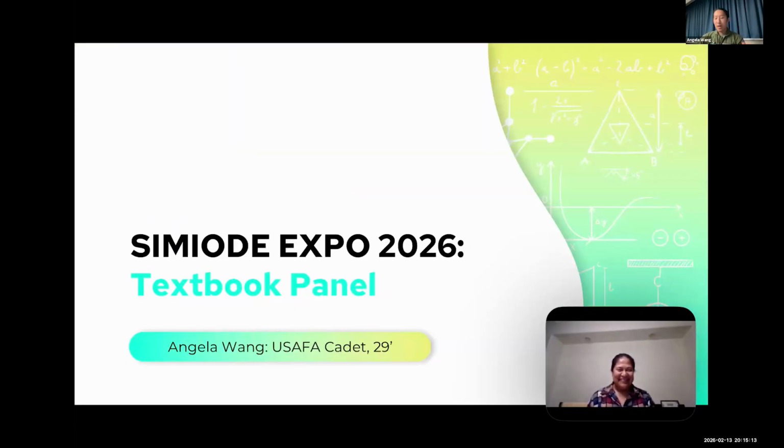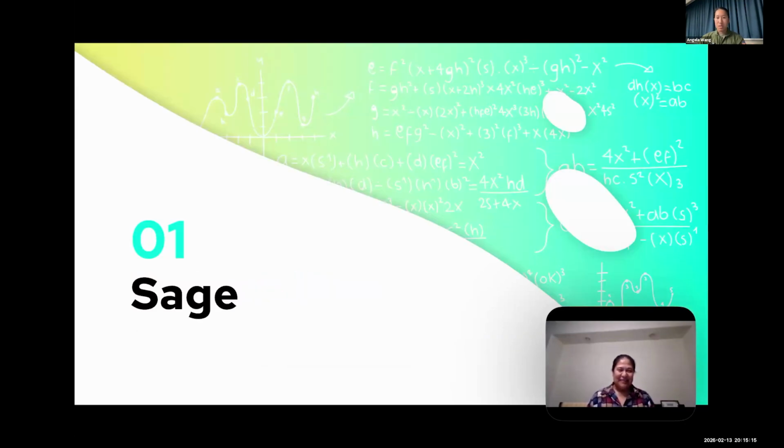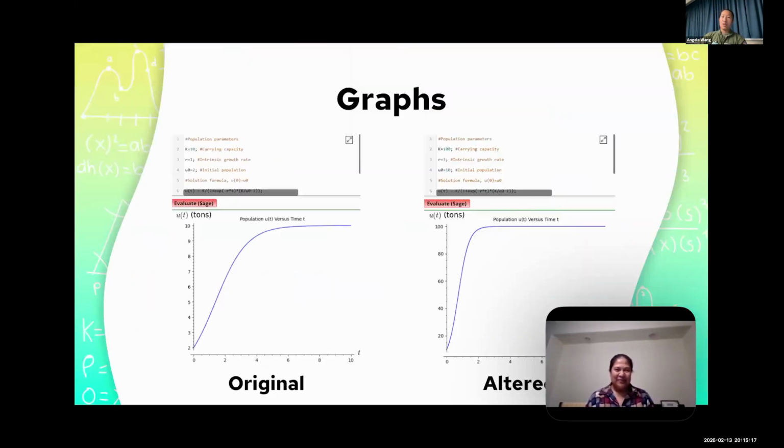I'm mainly focusing on Sage and the hyperlinks today. One of my favorite things about the textbook is that the e-textbook has Sage. This right here is a logistic model where you can alter the parameters, like the carrying capacity, the R, the initial population, and it's a really good way to visualize how changing certain parameters affects the function.